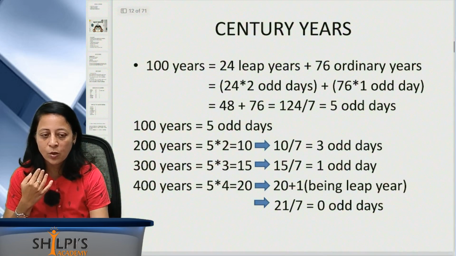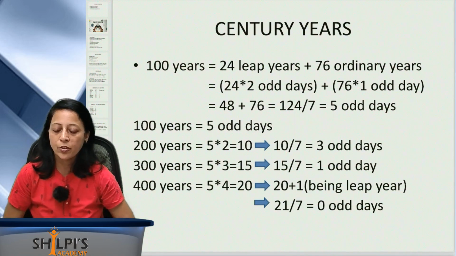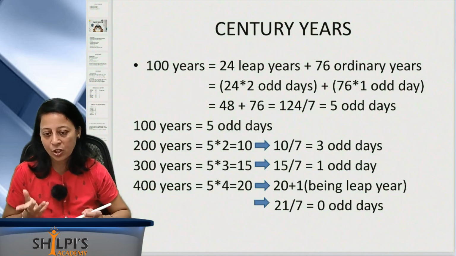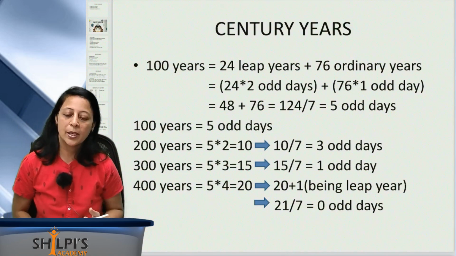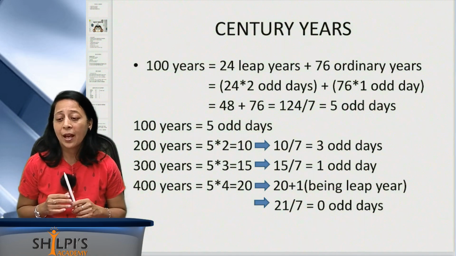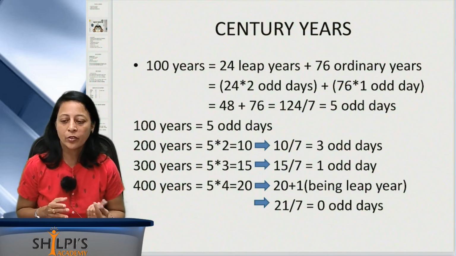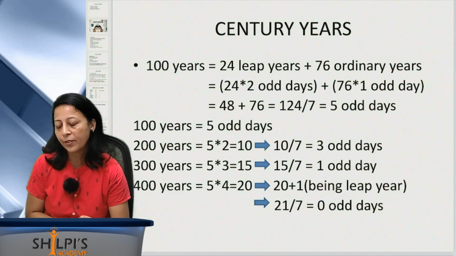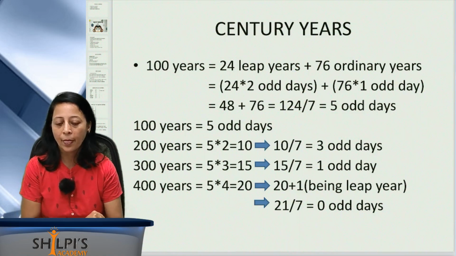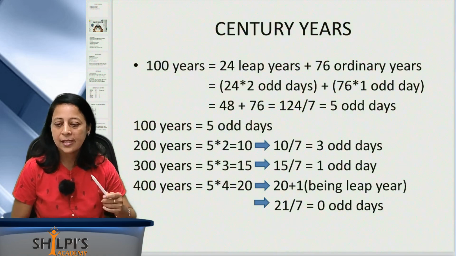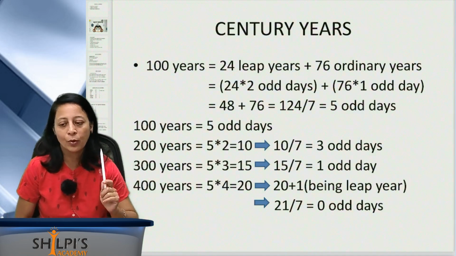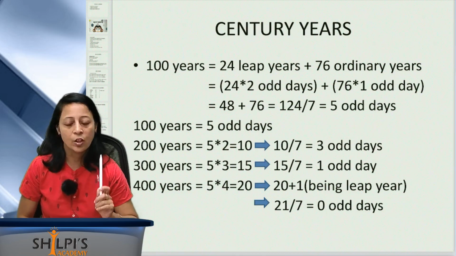Okay, when I started, I just told you about the century years. Like I told you, 2100, though it is divisible by 4, we cannot call it a leap year, because whenever you have the centum years or century years, when divided by 100, okay, they are called century years. So all the century years, like 2100, 200, 300, 400 or anything with 2 zeros at the end of any year, are called century years. Okay, all the century years should not be divisible by 4, they should be divisible by 400 for us to tell whether it is your ordinary year or leap year.